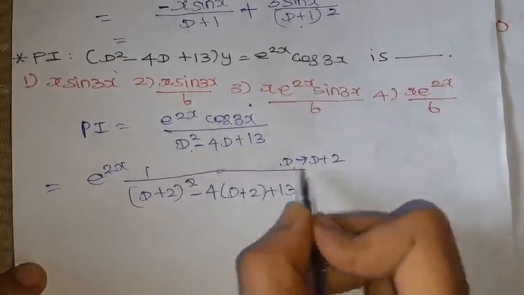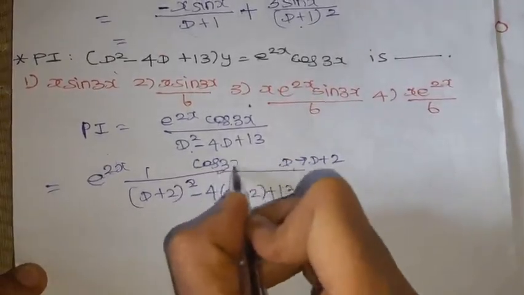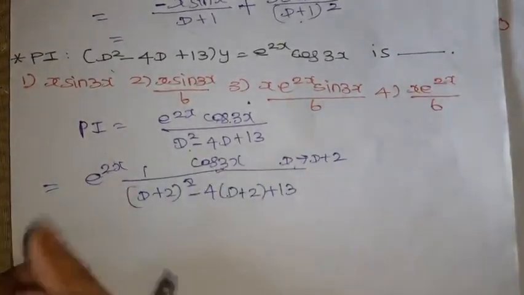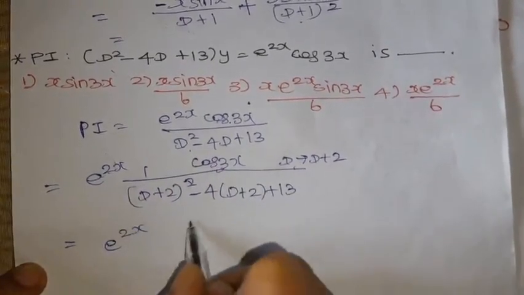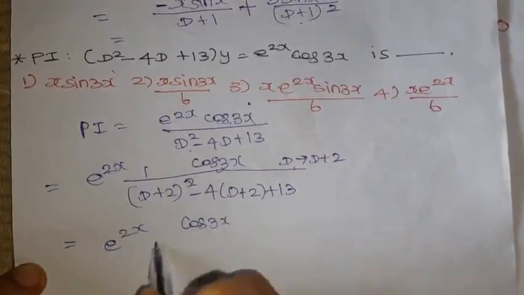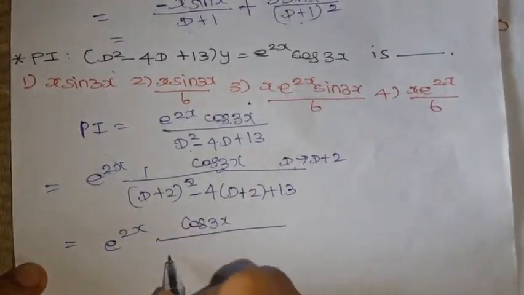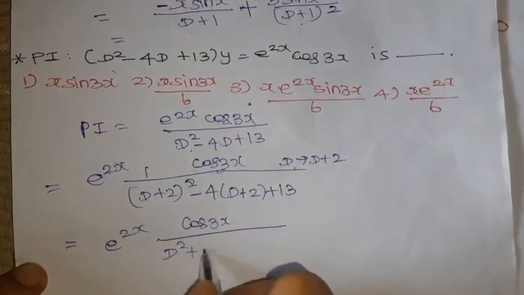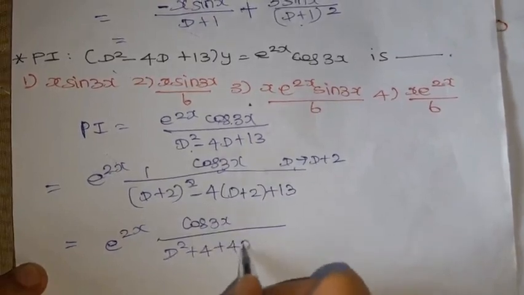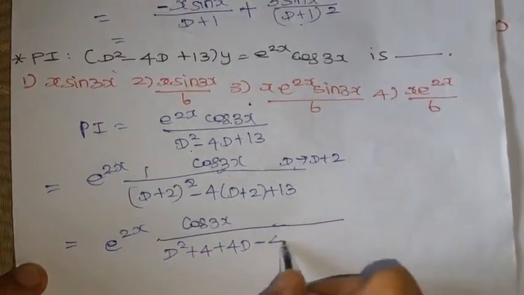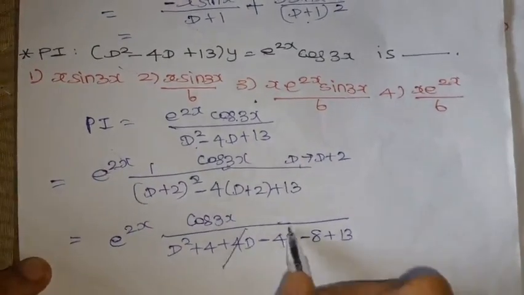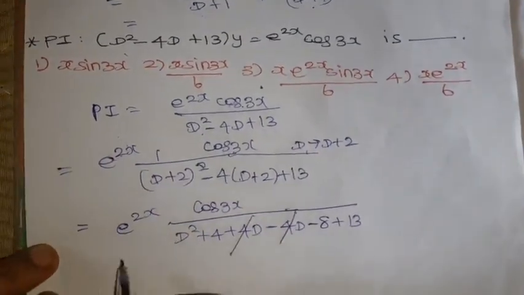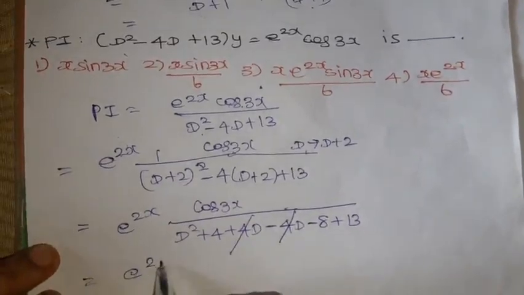What is in the numerator? Cos 3x. E power 2x will be in the outside. Should be very careful in that. Cos 3x divided by, just expand this, D squared plus 4 plus 4D minus 4D minus 8 plus 13. So, plus 4D minus 4D get cancelled. So, then e power 2x cos 3x in the numerator